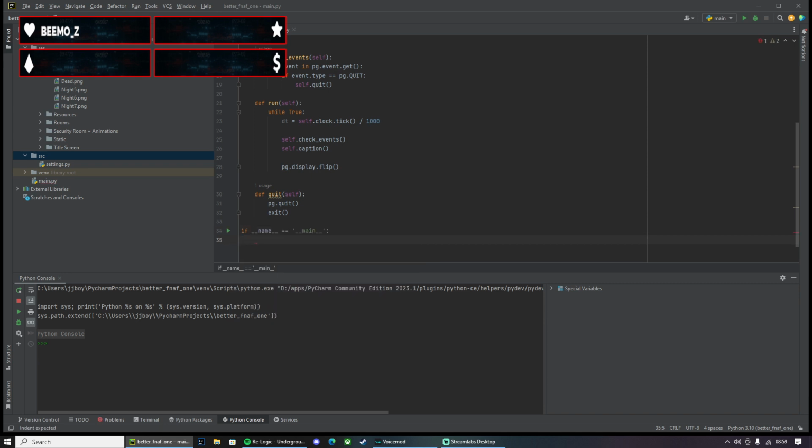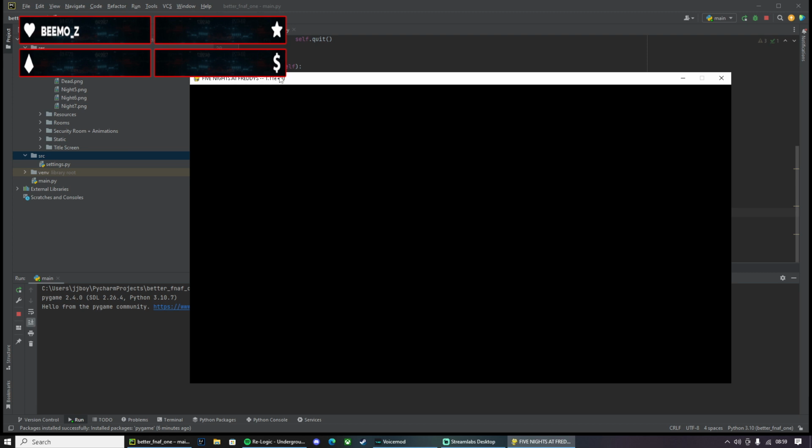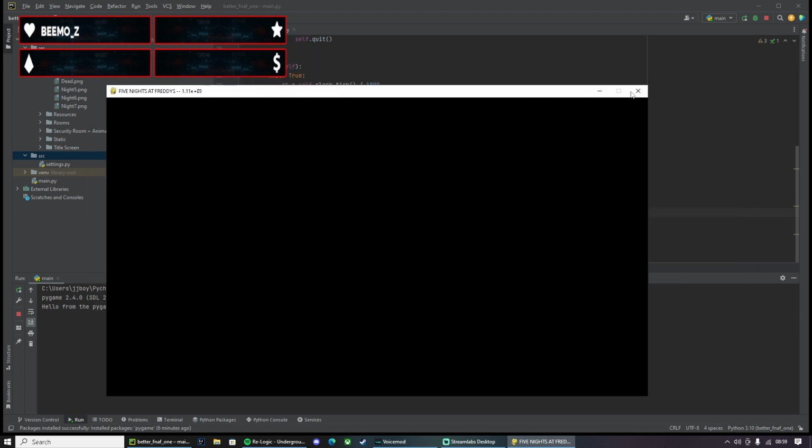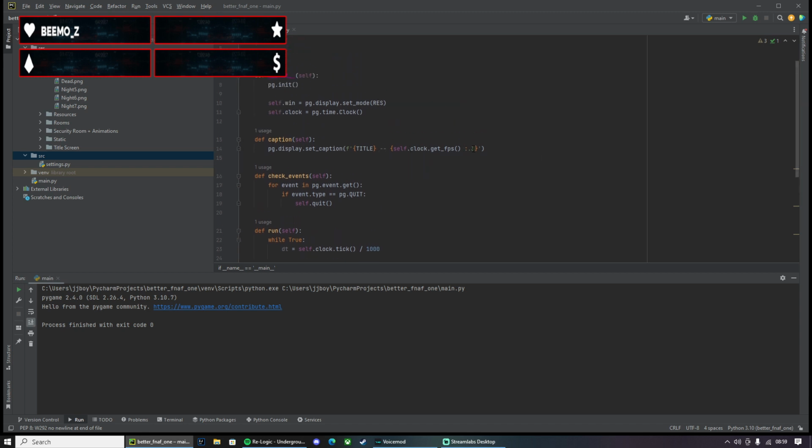Main if statement, window is equal to window dot run. Let's see, I've got everything. So we got the screen running, no errors, that's fine. It's just a lot of FPS.